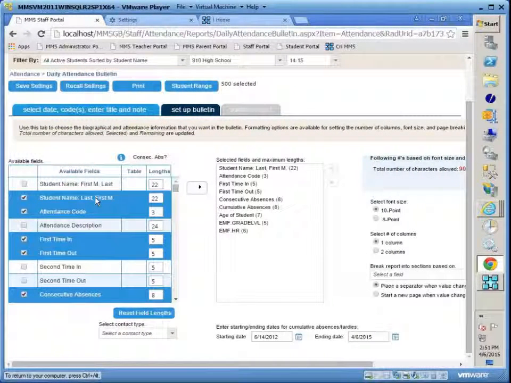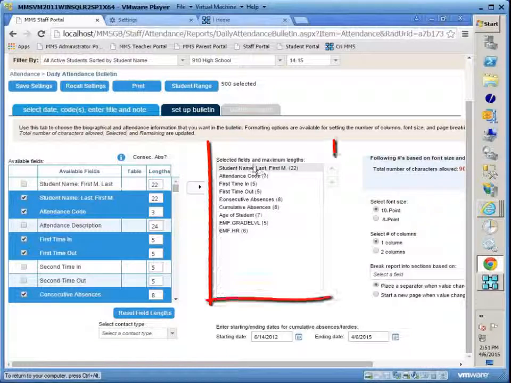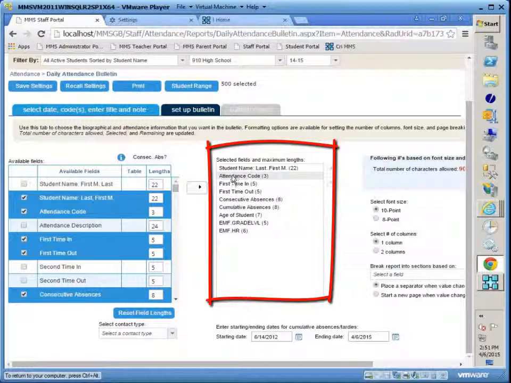So adding or removing fields from this setup is really quite easy. You can see all the fields that MMS has already selected for us, and we have a really nice clear view of it in this right-hand column. I can see the student name, and the 22 there indicates the number of characters. That is for the last name, first name, and middle initial. I can see the attendance code of 3 characters, time in, time out, consecutive absences, cumulative absences, age of student,